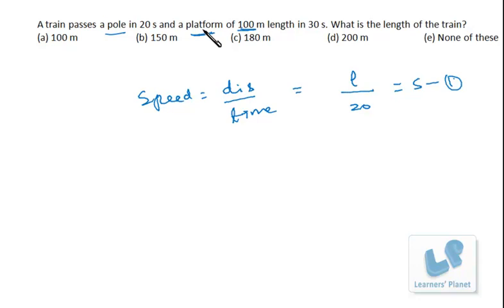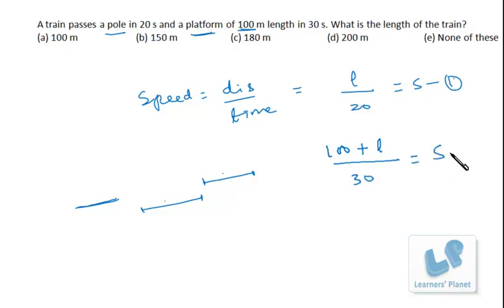Now in the other case, what will be the total length? That is the total distance to be covered. See, this is train and this is platform, right? So if this train is covering this distance and finally reaching over here, that means this train is crossing this platform. So in all, the total length is length of the platform plus length of the train, right? So the total distance to be covered is length of the platform plus length of the train. So length of the platform is 100 meter, length of the train is L that we assumed, and time taken is 30, and speed of the train will be the same in both the cases.